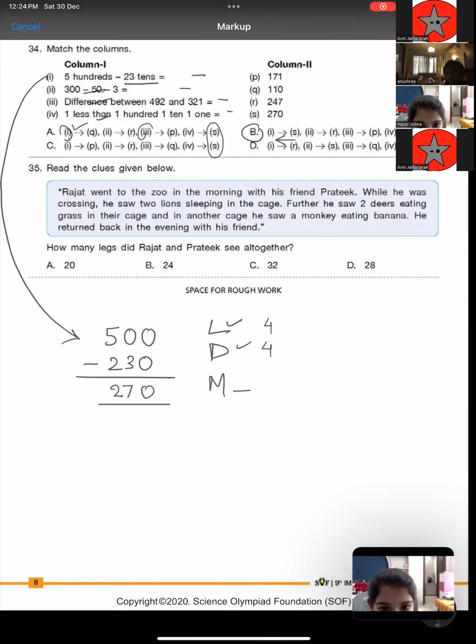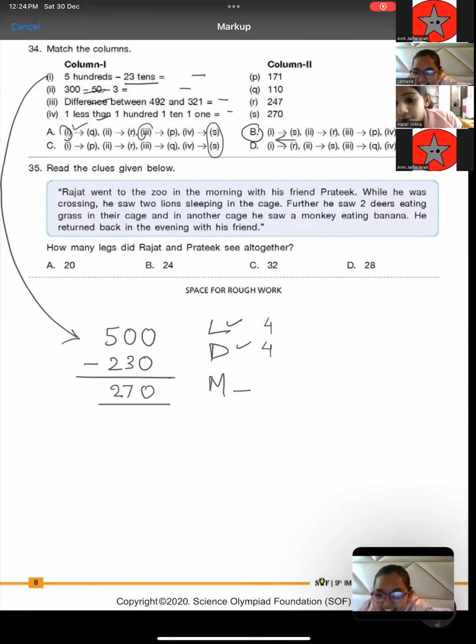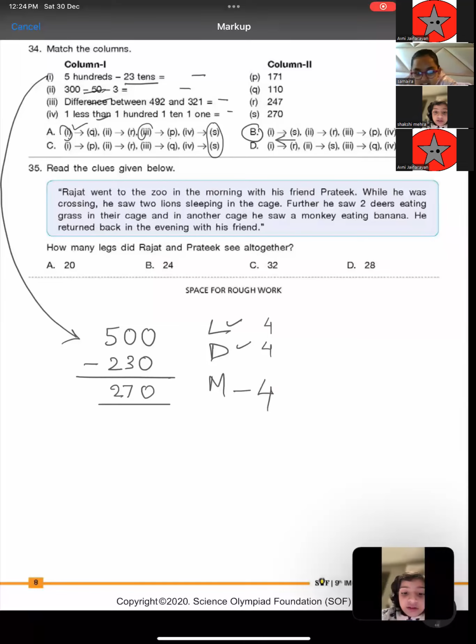But do they walk like humans on 2 legs or they walk on their 4s? They walk on the floor. So then definitely we will be taking it as 4, right? Because we walk on legs. So monkeys are walking on the leg. So they need 4 legs to walk. Okay?